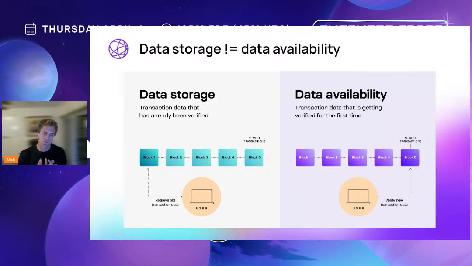I just hope that people don't make this mistake, because this is a question that we get all the time, which is like, well, why can't you just use Filecoin or some other data storage network to do what Celestia does? And that's just because they're totally different, orthogonal. Storage and data availability are just orthogonal things, and they require completely different protocol designs.